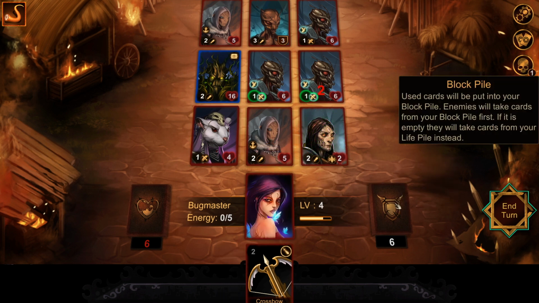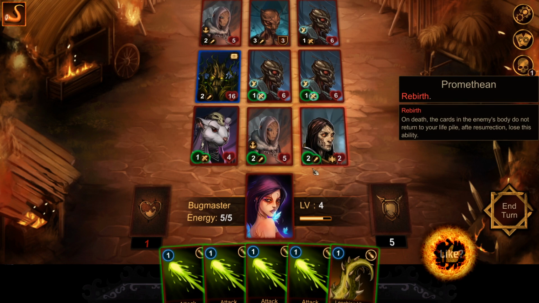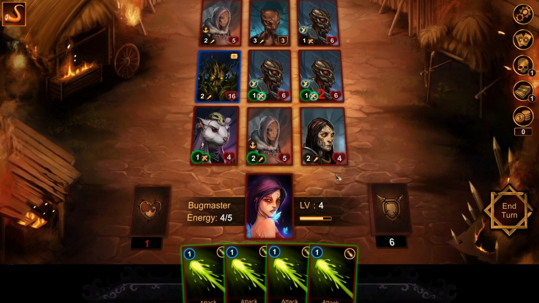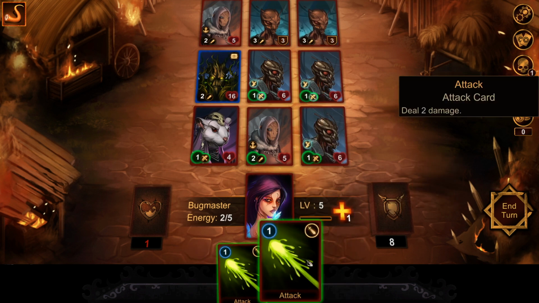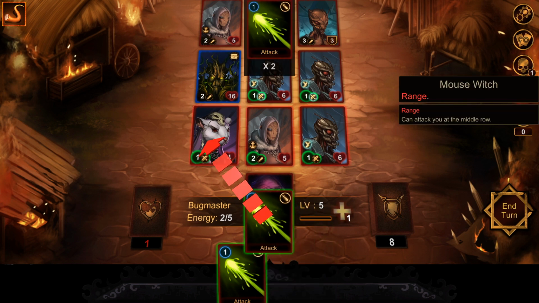Let me hit the Promethean, for example. He still has the rebirth, so we're gonna have to kill him twice. Anybody has a Leeching Wine? And nobody. A bit unfortunate. Yeah, let's kill off this guy. And then we should be able to kill off...